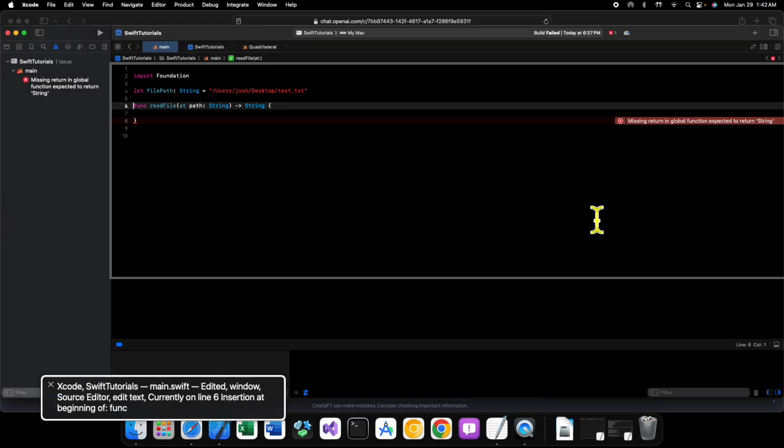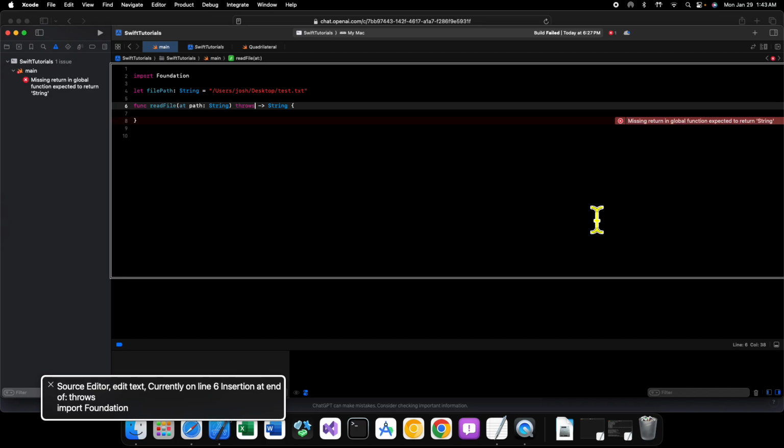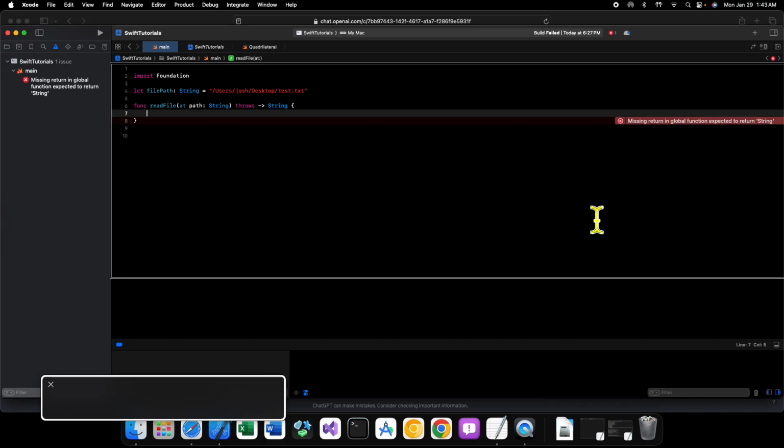in Xcode, before the return type, before we say this should return a string, we need to use the throws keyword. So throws. There we go. Now, Swift will know that, hey, this method is meant to throw an error at some point. All right. So now, inside of our